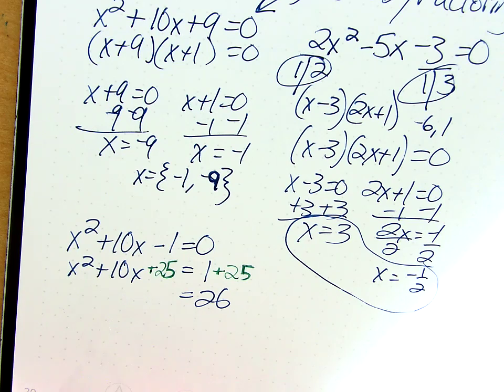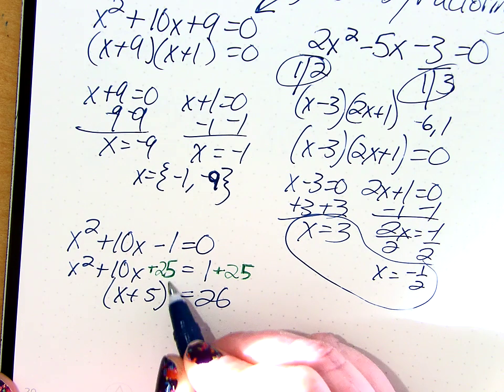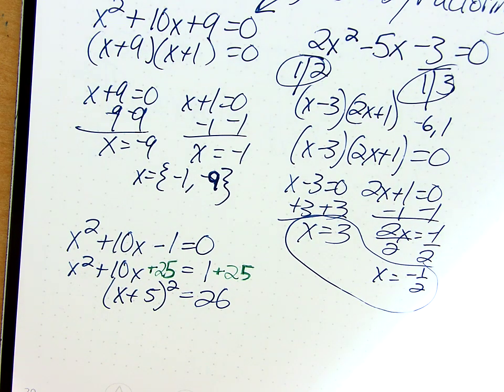This left-hand side. Don't you do x plus 5? Yes, you're really factoring this left-hand side. So factors of 25 that have to be 10. Aren't they 5 and 5? Sorry. It's okay. So just write it as x plus 5 squared instead of writing x plus 5 times x plus 5. But now once you're here, you can